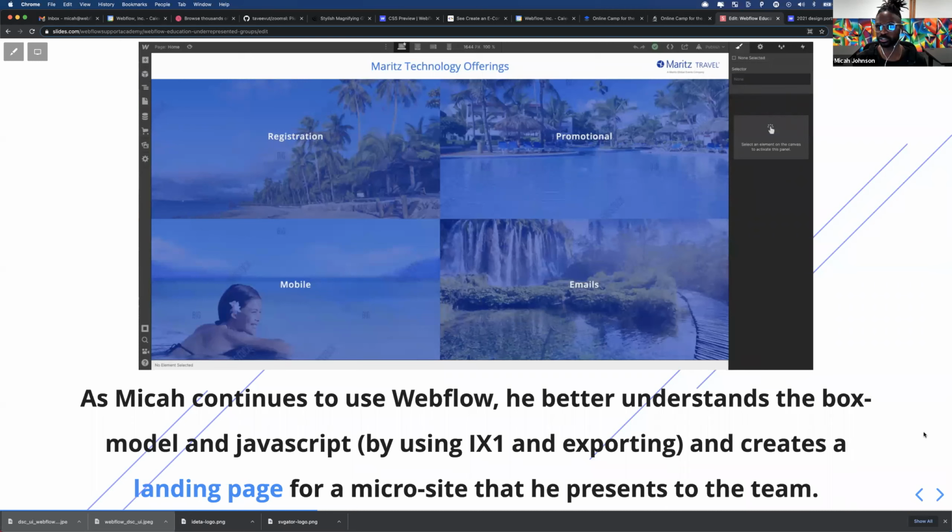And I think this was 2014 or so. And he was doing this and exporting the code. And he was creating these landing pages for microsites that he presents to the team. Now, this was all new to everyone there at Merritt's. And so this, just as any of us might know, going to a new platform took some conversations. It took some wondering what this might mean for us as a team. And so after seeing some of the powerful opportunities with Webflow, being able to